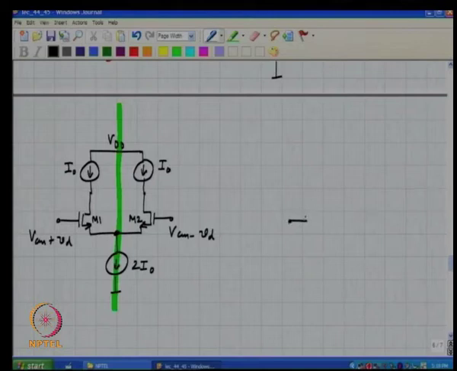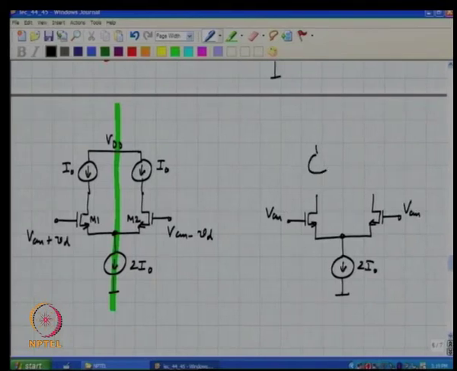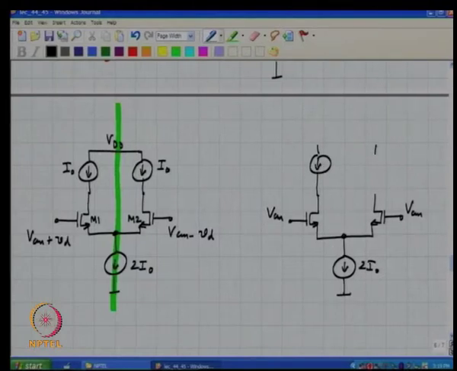And please realize that if we are interested in high gain at all, one must make sure that all the transistors are operating in the saturation region. And so, when a purely common mode signal is applied, in other words, let us just say these two are the same potential, the first thing to do is to determine the quiescent operating point,